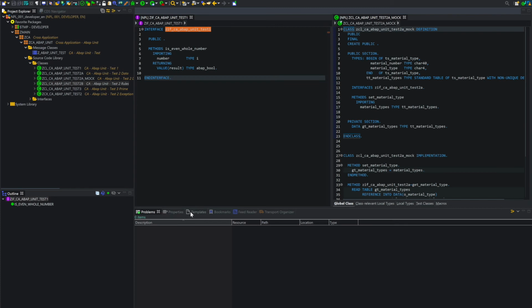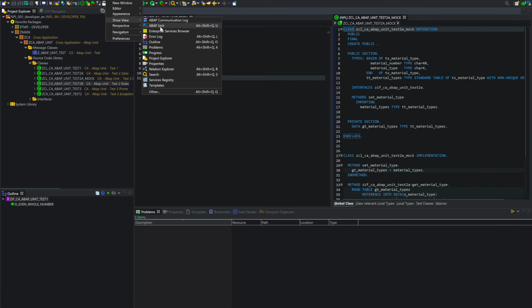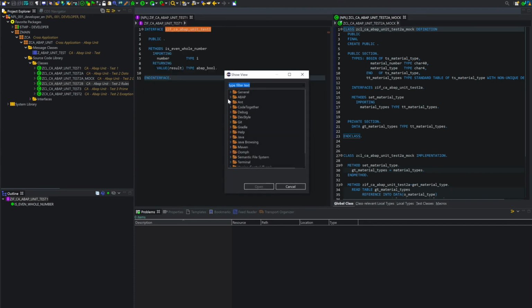Here we have a lot of possibilities of windows. It's view. You have a lot of views possible, and maybe I have to explain each of them. For example, you have ABAP unit. You could see also the transport request. You could see also the ATC control. You could see a lot of things. There is also the quick fix, which is very interesting. I don't know if we could see here. SAP will propose to you directly some tool.